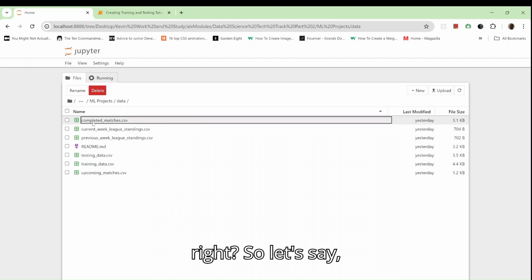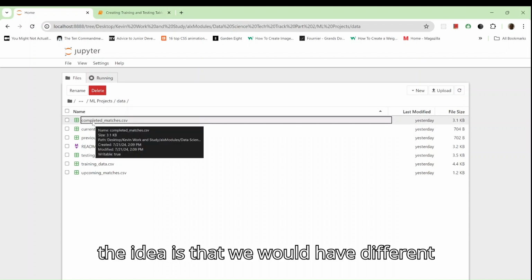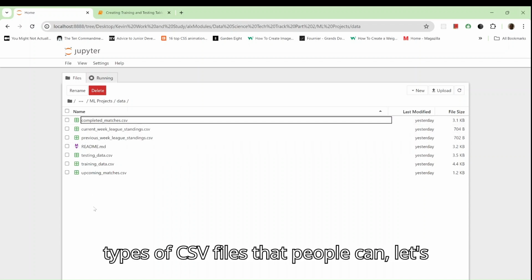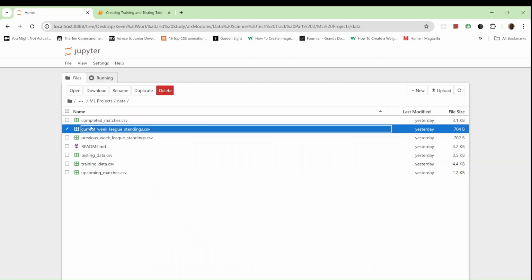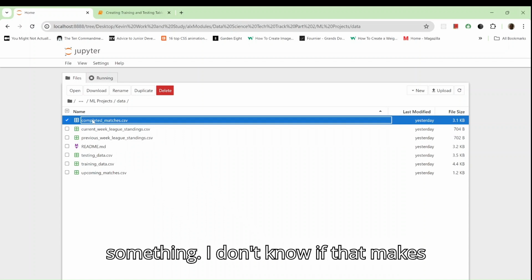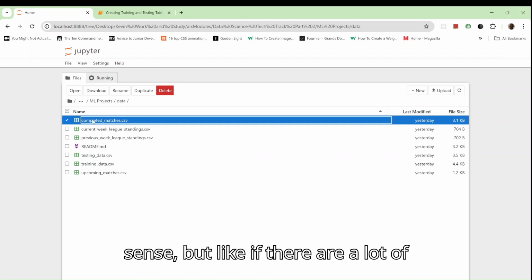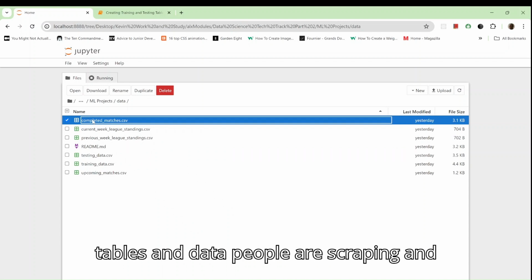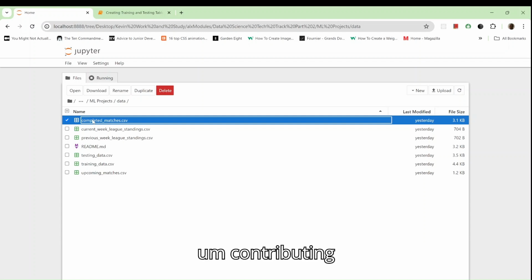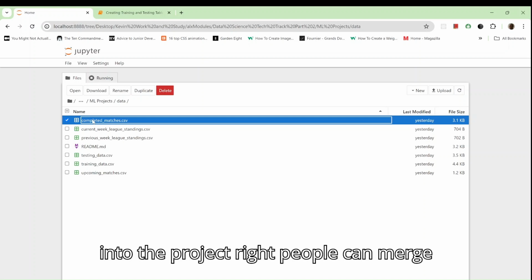The idea is that we would have different types of CSV files that I can merge with something. If lots of people are scraping tables and data and contributing to the project,